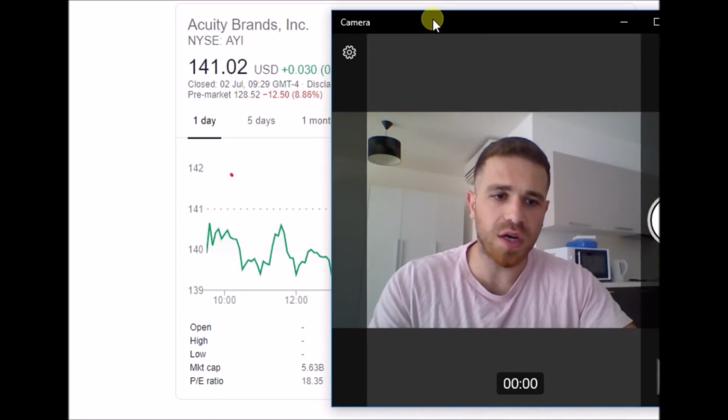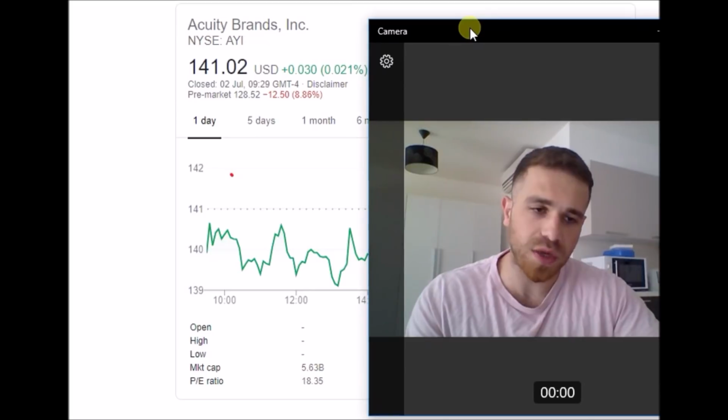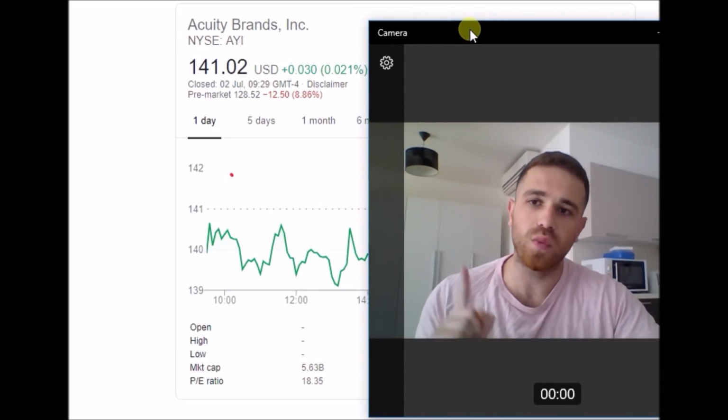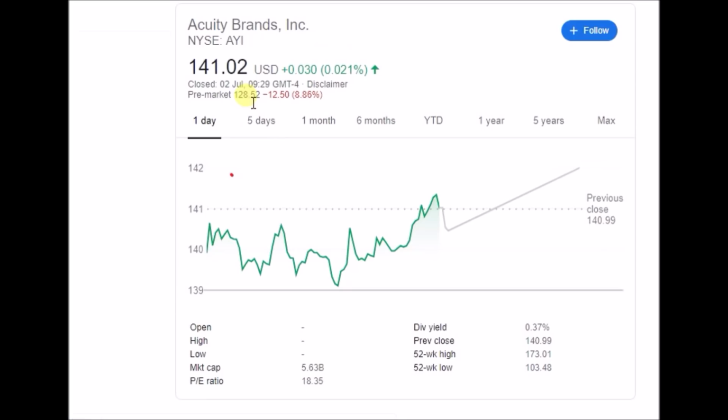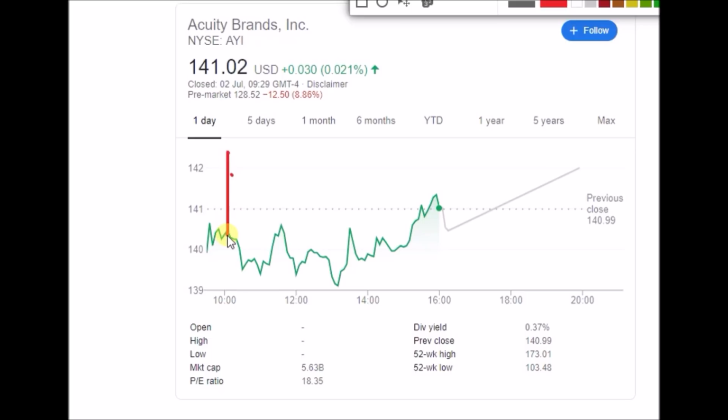So we're gonna trade a stock called AYE. I wanna do this as quick as possible so we can trade, because the market is gonna open in 1 minute. As you can see, the stock market hasn't opened. So I'm gonna tell you exactly what's gonna happen to that stock. Before the market even opens, it's going to drop in value. It already did pre-market, but then on market open, it's going to just do a little reversal. Then it will continue shooting back down like this.